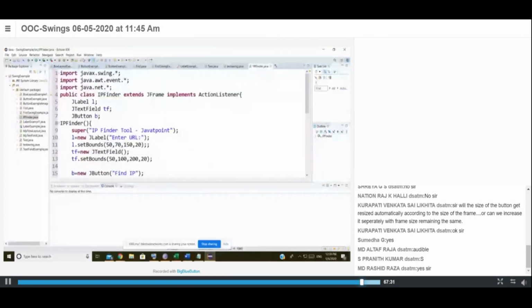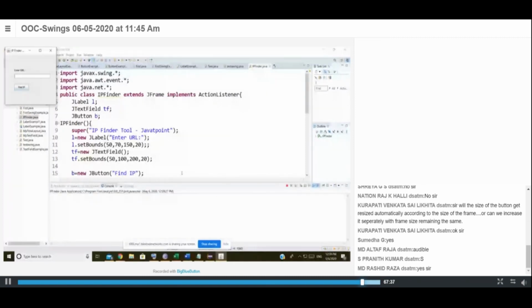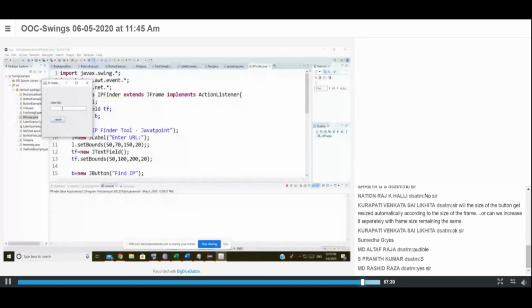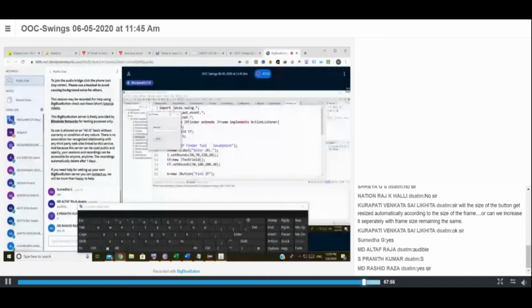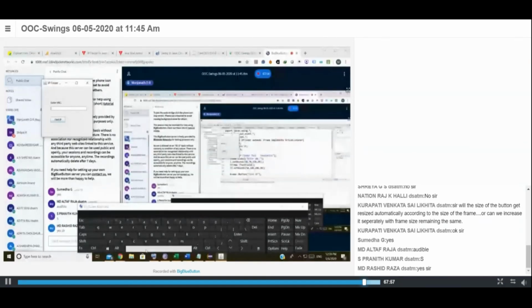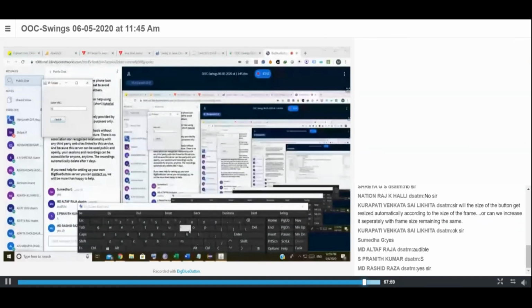We are going to execute this. We have two things. We are going to identify the IP address of a particular site. First we'll find the IP address of our site itself, that is bigbygo.com.